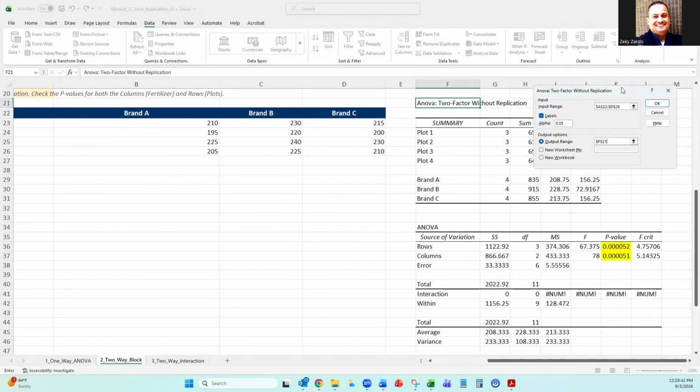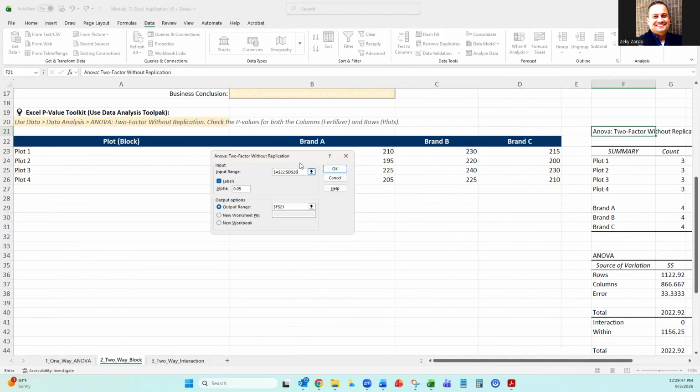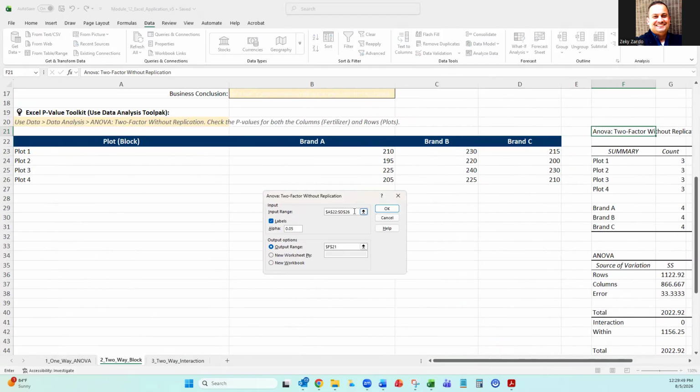What we do here is we highlighted all the areas here. I used labels. I put my alpha at 0.05, and I wanted my output to be right here, F21. Once I ran that,